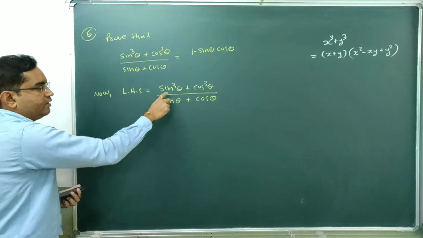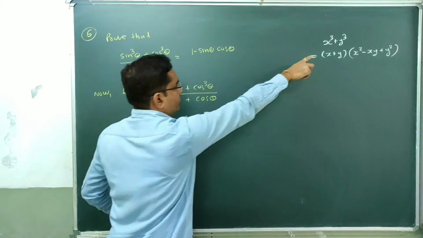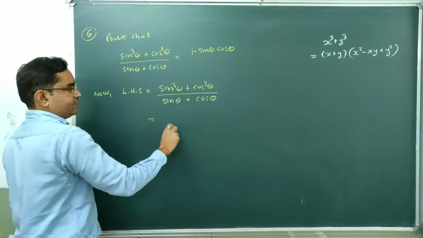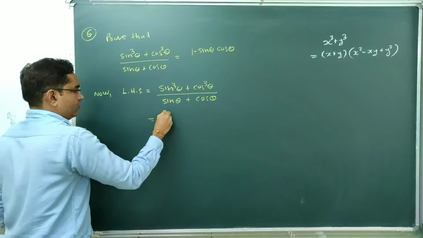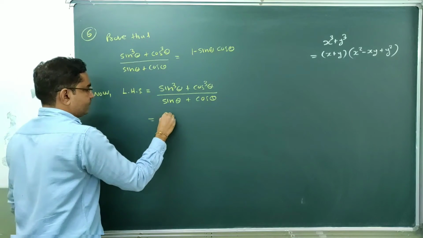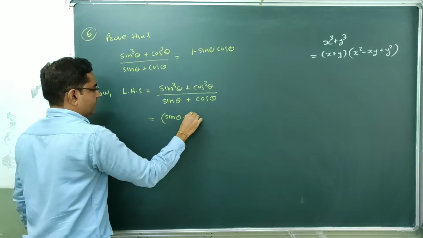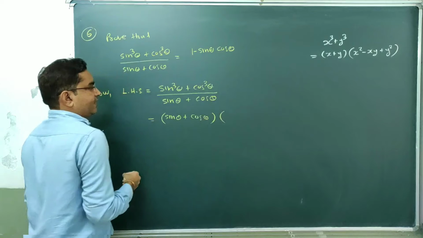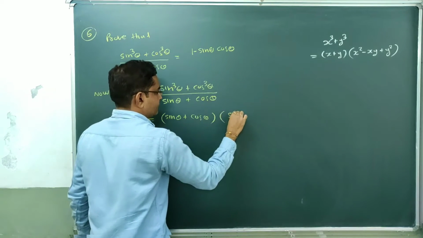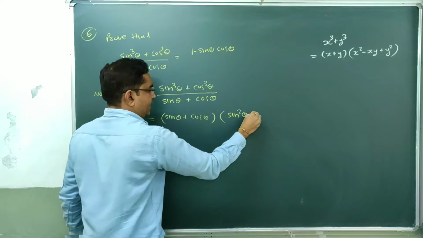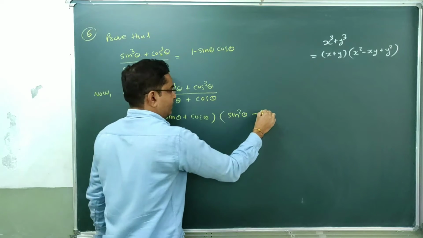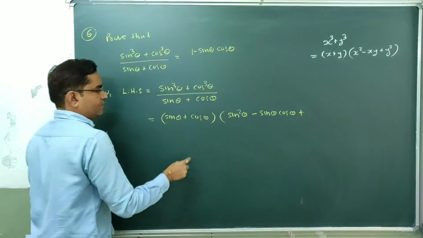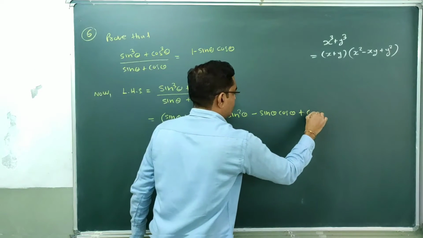Done, students. Now it's a x cube plus y cube form. So applying that identity over here, replace this sin theta with x and cos theta with y. So our factorization will be x plus y, so it's a sin theta plus cos theta, x plus y. Second bracket, x square, so it's a sin square theta, minus first into second term xy, which is sin theta into cos theta, plus y square, it's a cos square theta